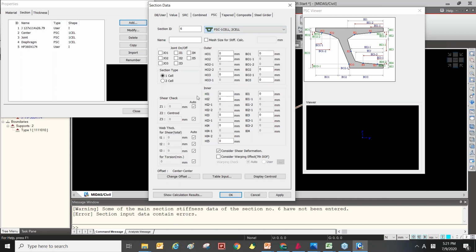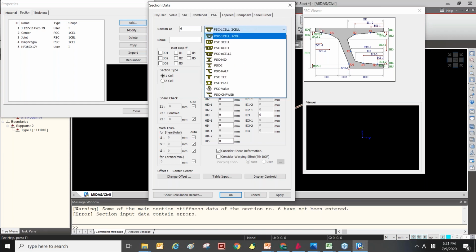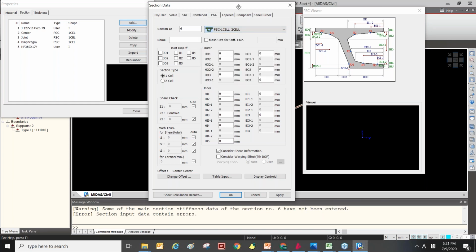And also you can find the mesh size for stiffness calculation. Actually, the PSC section has a plane section here. So internally Midas Civil divides the section using the mesh. After that, the software gets its section properties.